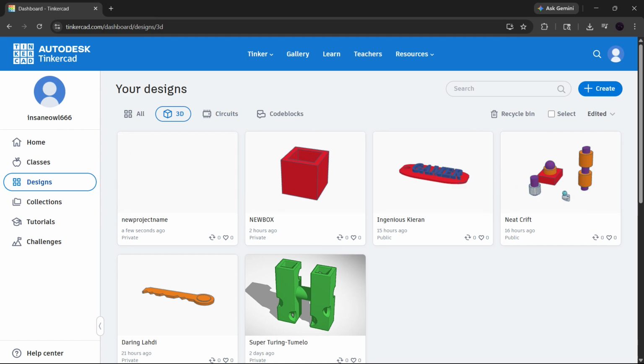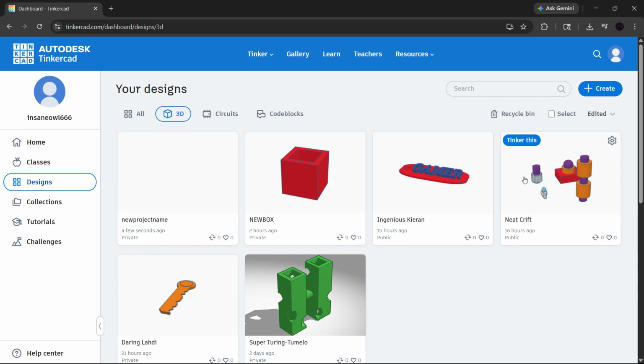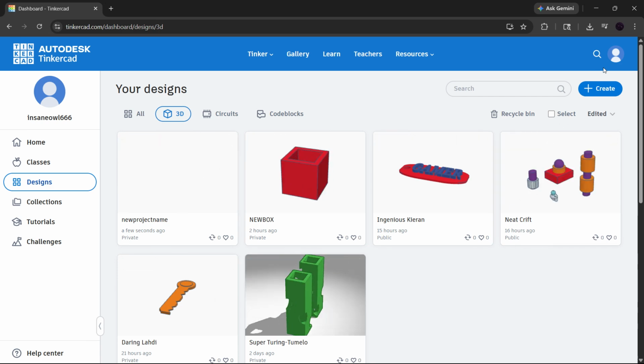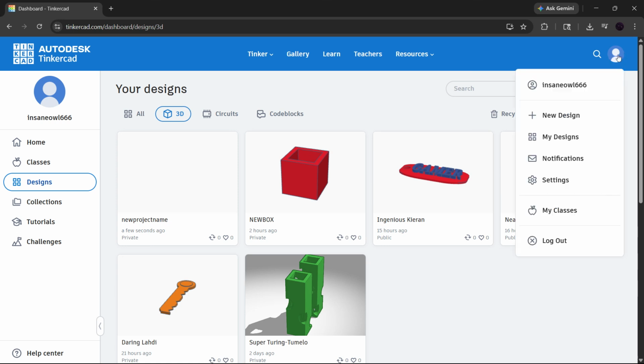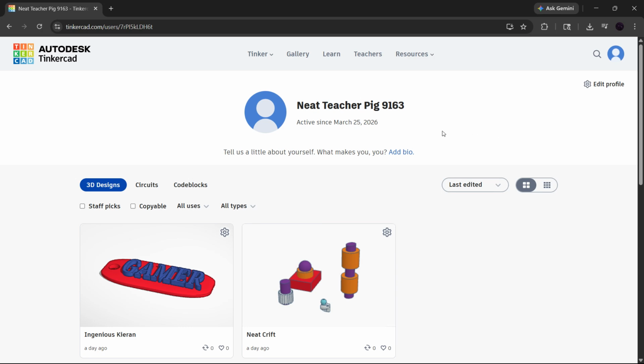Alright, let's get started. First, log into your Tinkercad account and open the Tinkercad dashboard. Once you're inside, look for your profile icon in the top right corner of the screen. Click that profile icon, and from the menu that appears, select Profile. This will take you to your profile page, where you can view your account details and access the settings connected